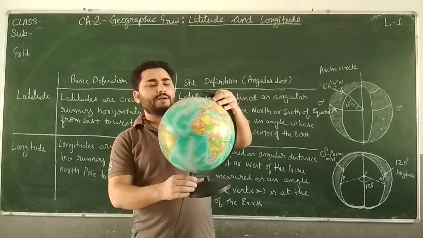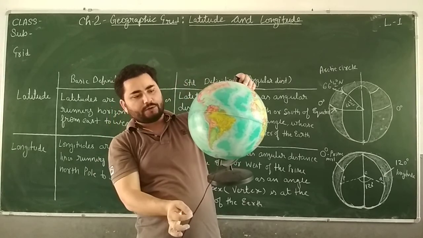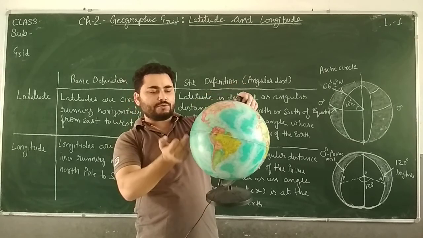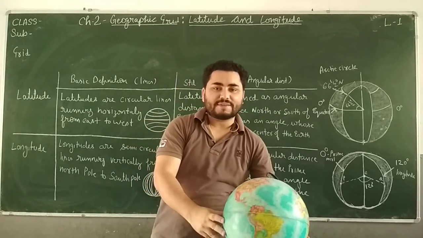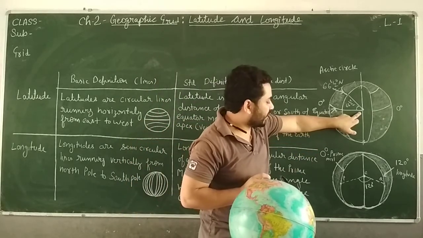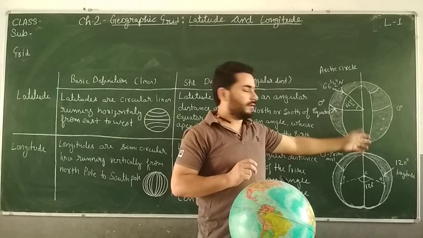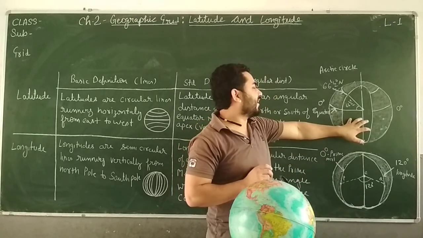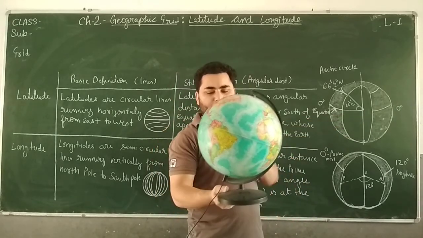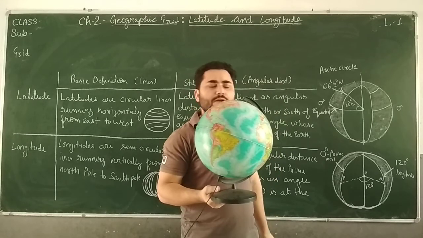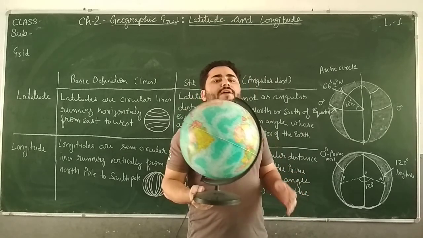We can do one thing: we can take a rod and put it inside like this, and take another rod like this and like this. So where these two rods are meeting inside this globe or this earth, there will be a point which will be called the center of the earth. I have opened the earth for you. It is a half bitten apple, you can see. Sorry, that's a joke. So this will now become the point of reference. We will start measuring things from the center. Now we will not have the actual distance from there, we will have the angular distance.